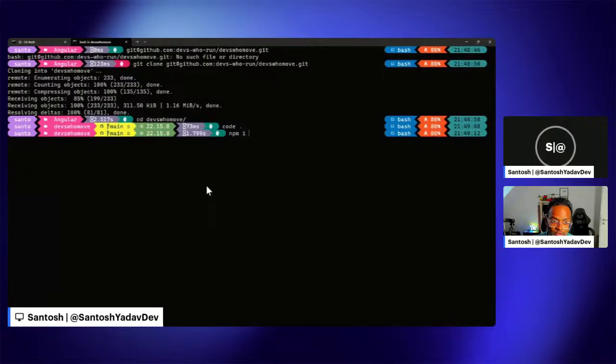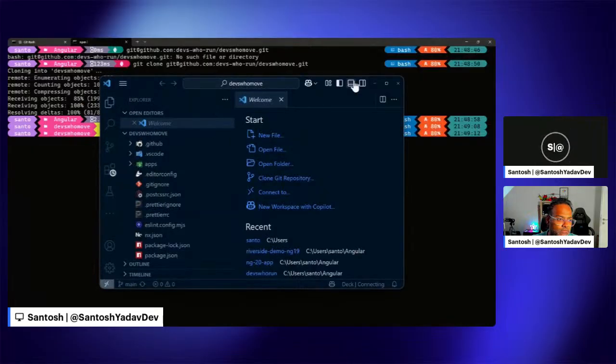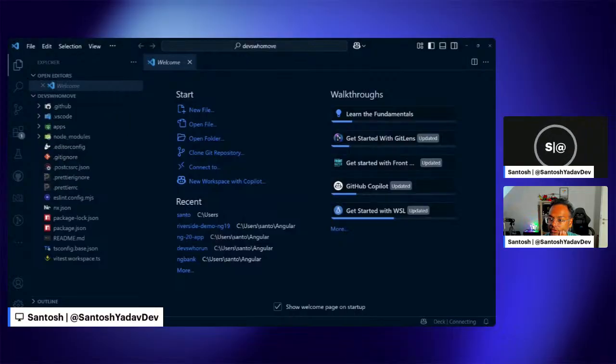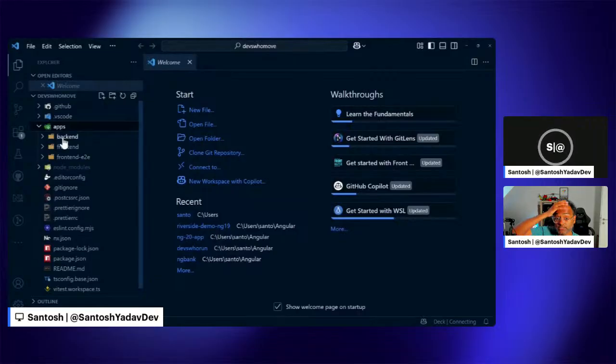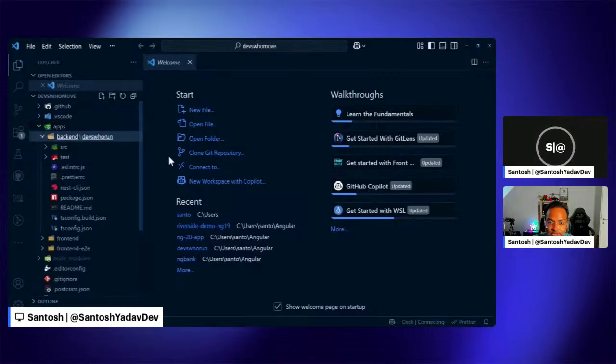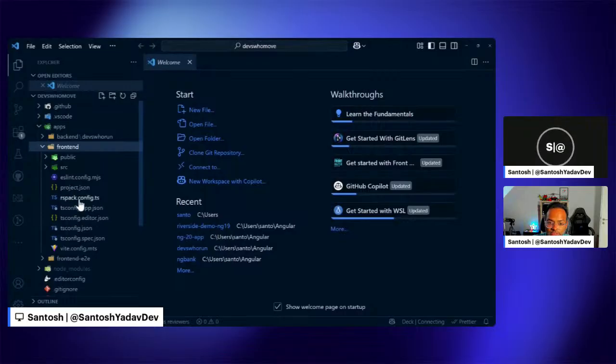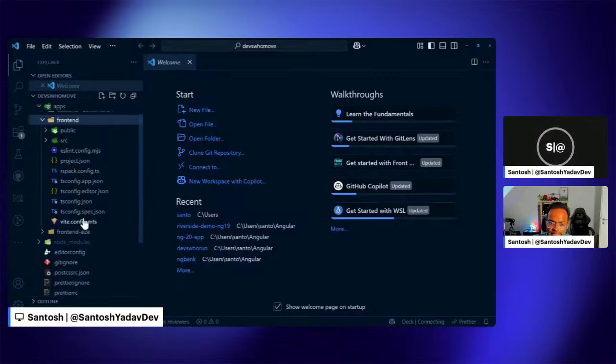This is actually a new Angular project with NX Monorepo. I'm not sure if you are aware of NX Monorepo, but this is another build tool which I use often. So I created this project last time. This was created offline, so it's not something which I did on my stream. But I think I created this on stream, and then I ended up fixing all the build issues and everything. So there is a front end app which right now should be Angular 19, and it uses